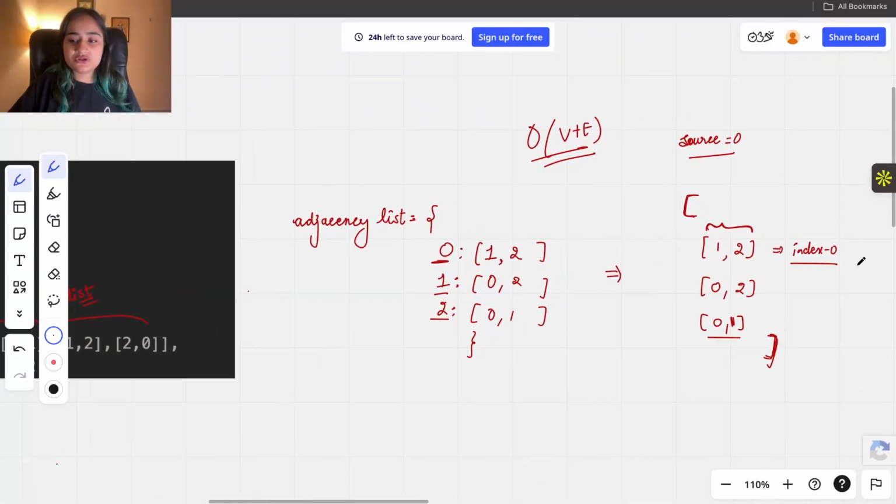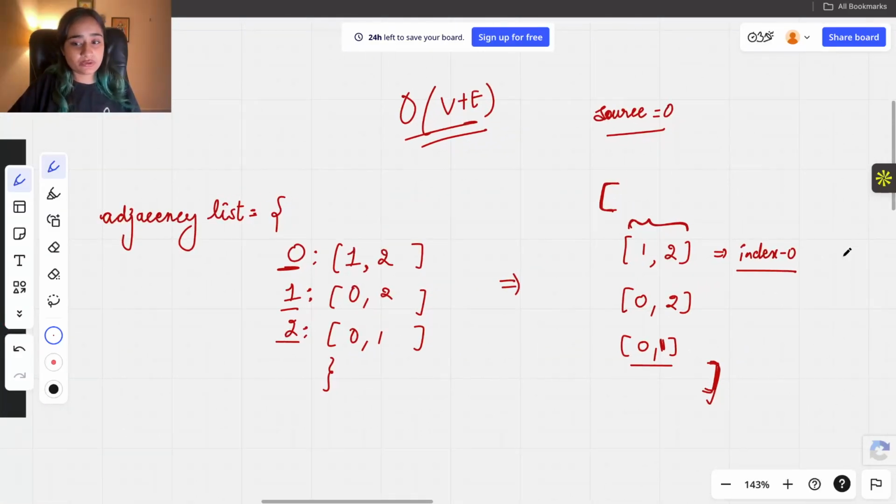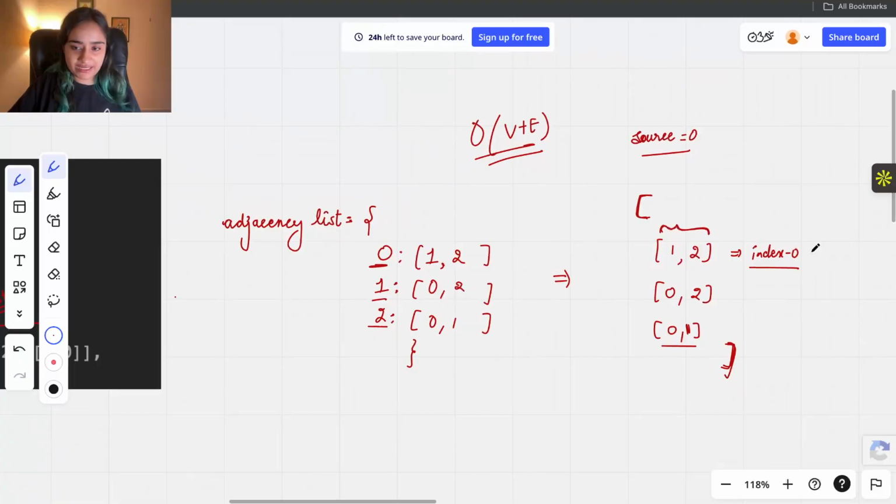So what should we do now? We are on 0. Should we move ahead and go to 1? We should, right? Because it's one of the neighbors. So now from 0 we will go to 1. Now when we go to 1, 1 is not the destination itself. We should always keep on checking if 1 is the destination. It's not. We didn't reach the destination yet, right?